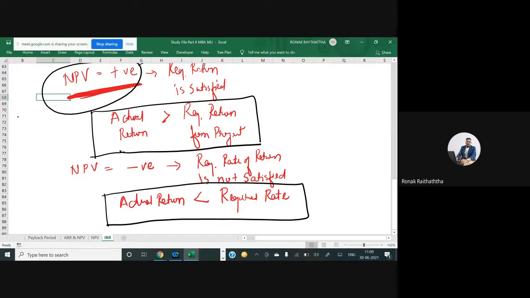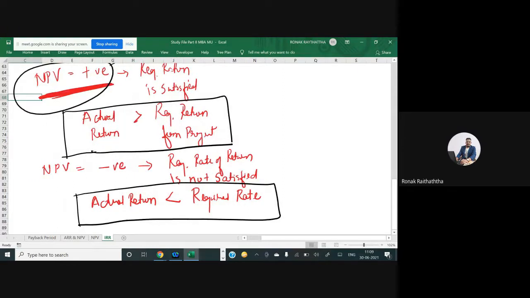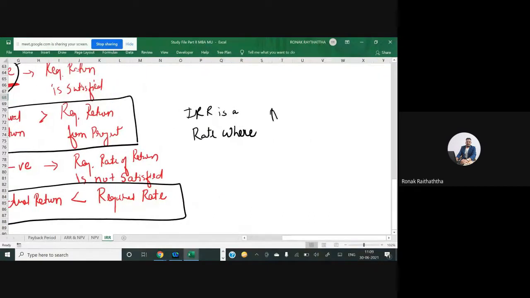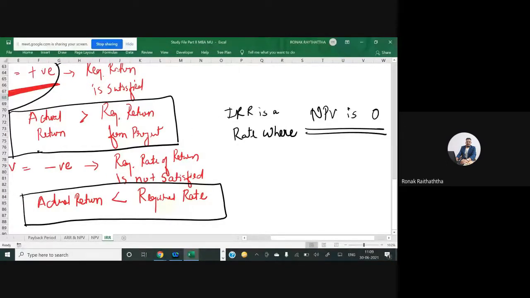Let's put these two arguments in the back of your mind and try to see another step, which will be followed. Now, sir, I can also conclude it from here that IRR is a rate where NPV is 0. Try to understand it very logically. जो लोग सोए हैं उनको नहीं समझ में आएगा, थोड़ा सा जगना पड़ेगा बेटा इसके लिए.